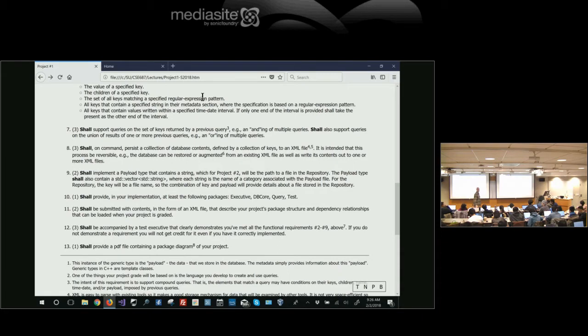For requirement 9, implement a payload type that contains the original payload value, a string, and a vector of string. One of the detailed implementation issues is that the Visual Studio code analyzer complains about this. Yeah, the analyzer will complain about public data, but if you haven't passed that around,